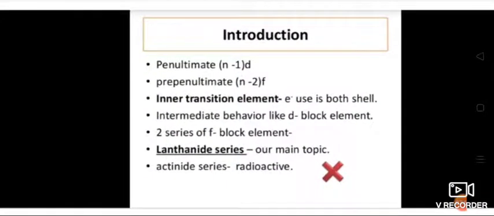If you see the F block element character, the two rows of elements at the bottom of the periodic table are called lanthanoids and actinoids, and they are called inner transition elements. They are all metals. Within the series, the properties of the elements are quite similar. Most of the elements of the actinoid series are radioactive in nature. These are the common properties of F block elements. So go through all those elements which are present in a particular block, and learn the electronic configuration.